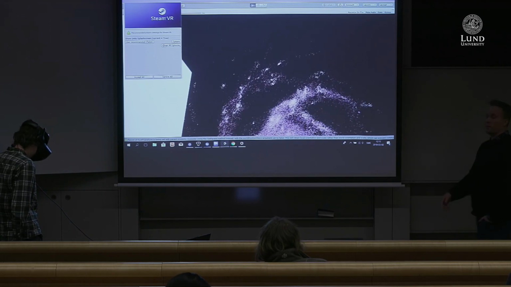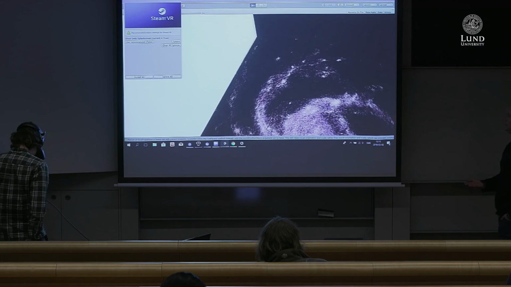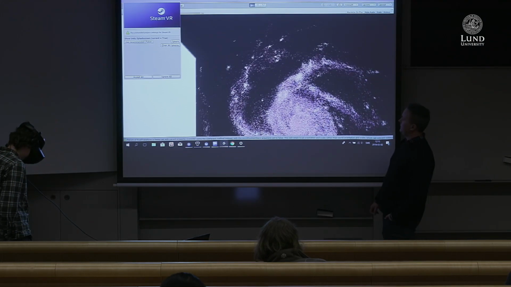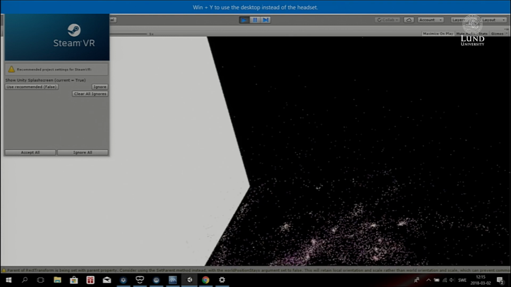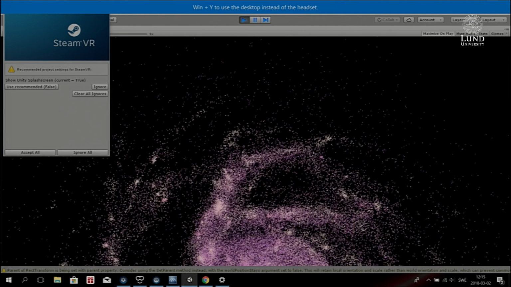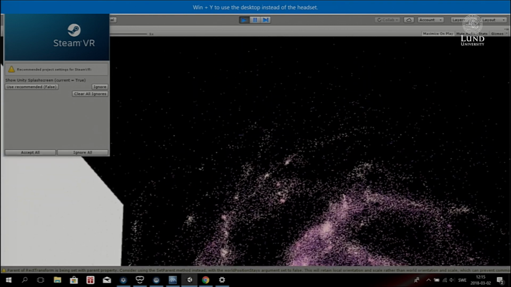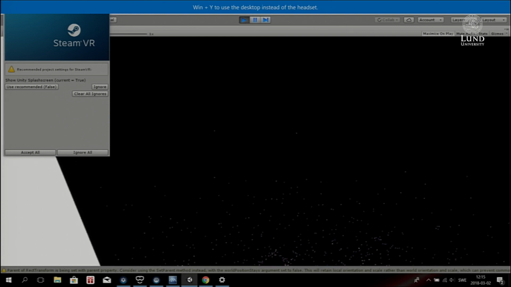So we have a few hundred millions of years of star formation in this galaxy, and you can see here that the younger stars are clustered more, while the older ones are spread out. I don't know, we're looking out into deep space now. Okay, so you're basically standing on the galaxy, right?